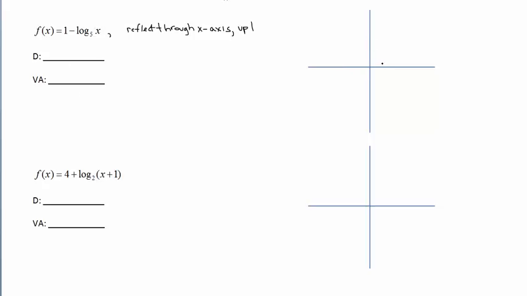All right, the parent function I'm going to graph: log base 5 of x passes through 1, 0. And we notice that x equals 0 is the vertical asymptote for that parent function. Based on these changes right here, we're going to reflect through the x-axis and move up 1. I might actually take 2 steps to do both of these. So reflecting through the x-axis in red,